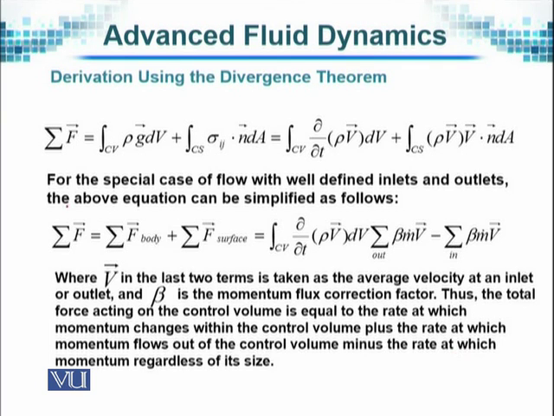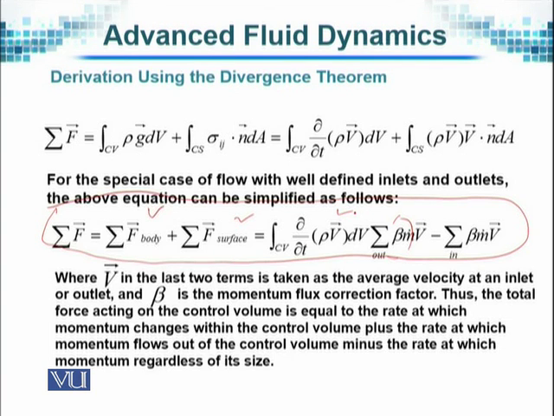We look at the same equation, that the sum of the forces must be equal to the motion that is taking place, that is mass into acceleration. When we see that, we obtain, you can see, these are the body forces, the surface forces, the velocity, and beta is the momentum flux correction factor